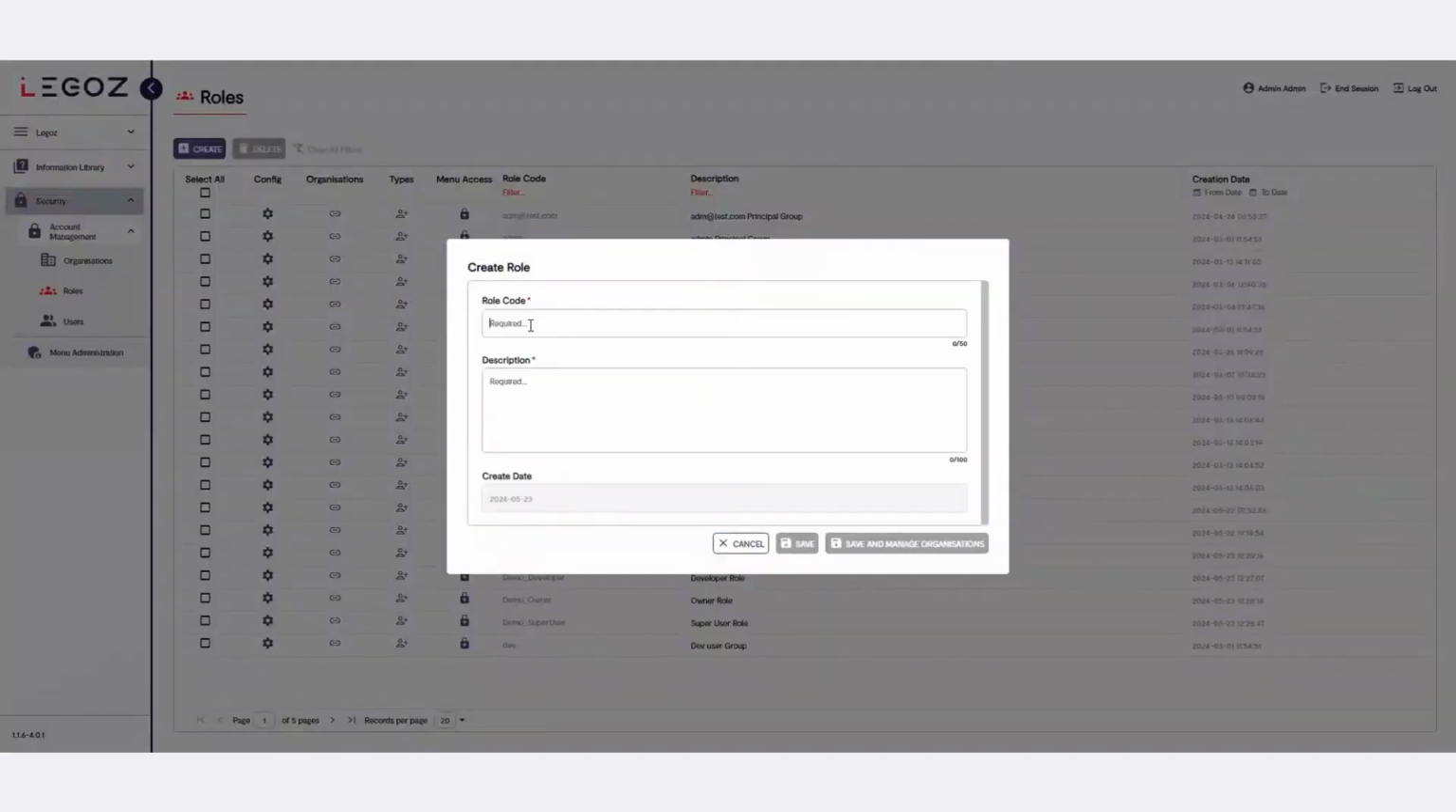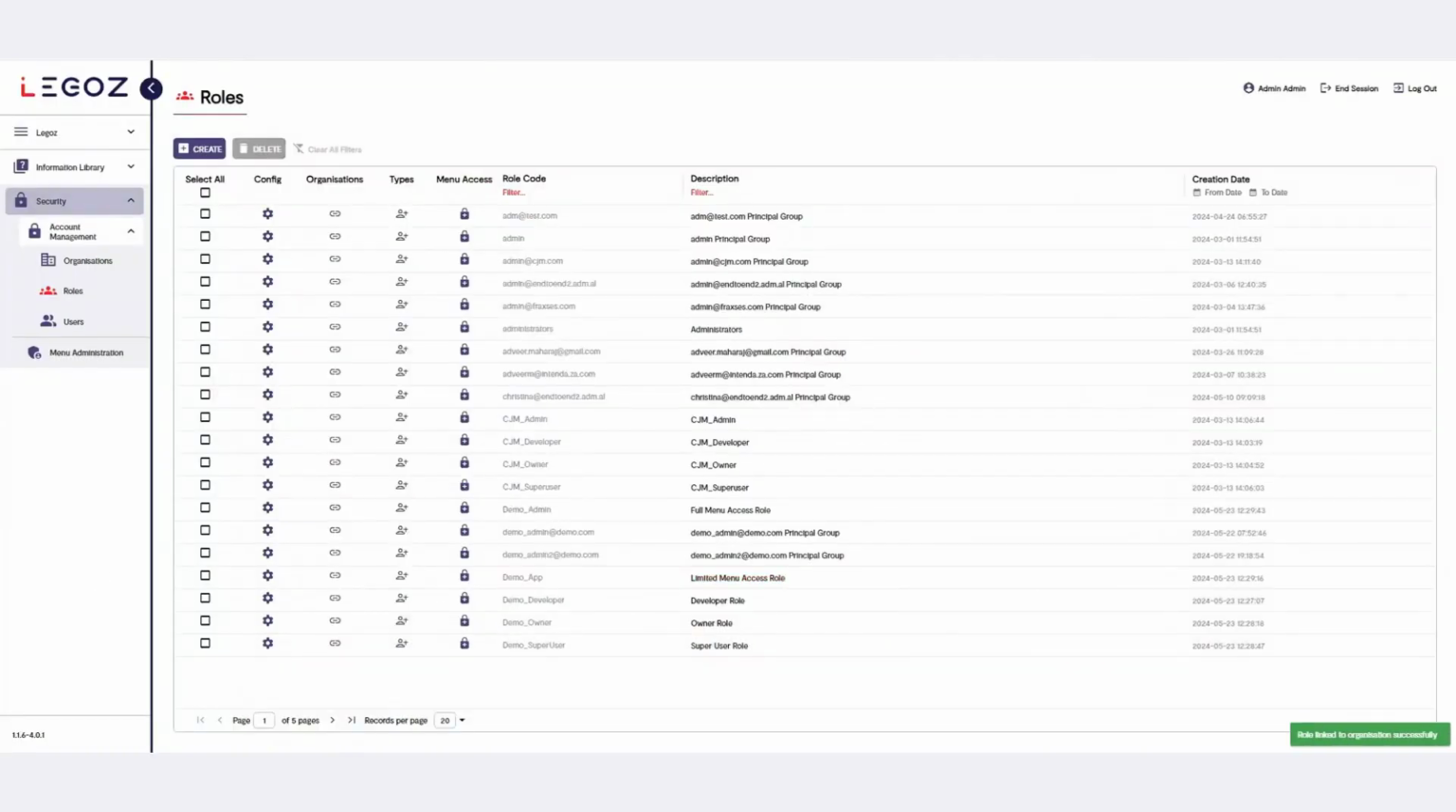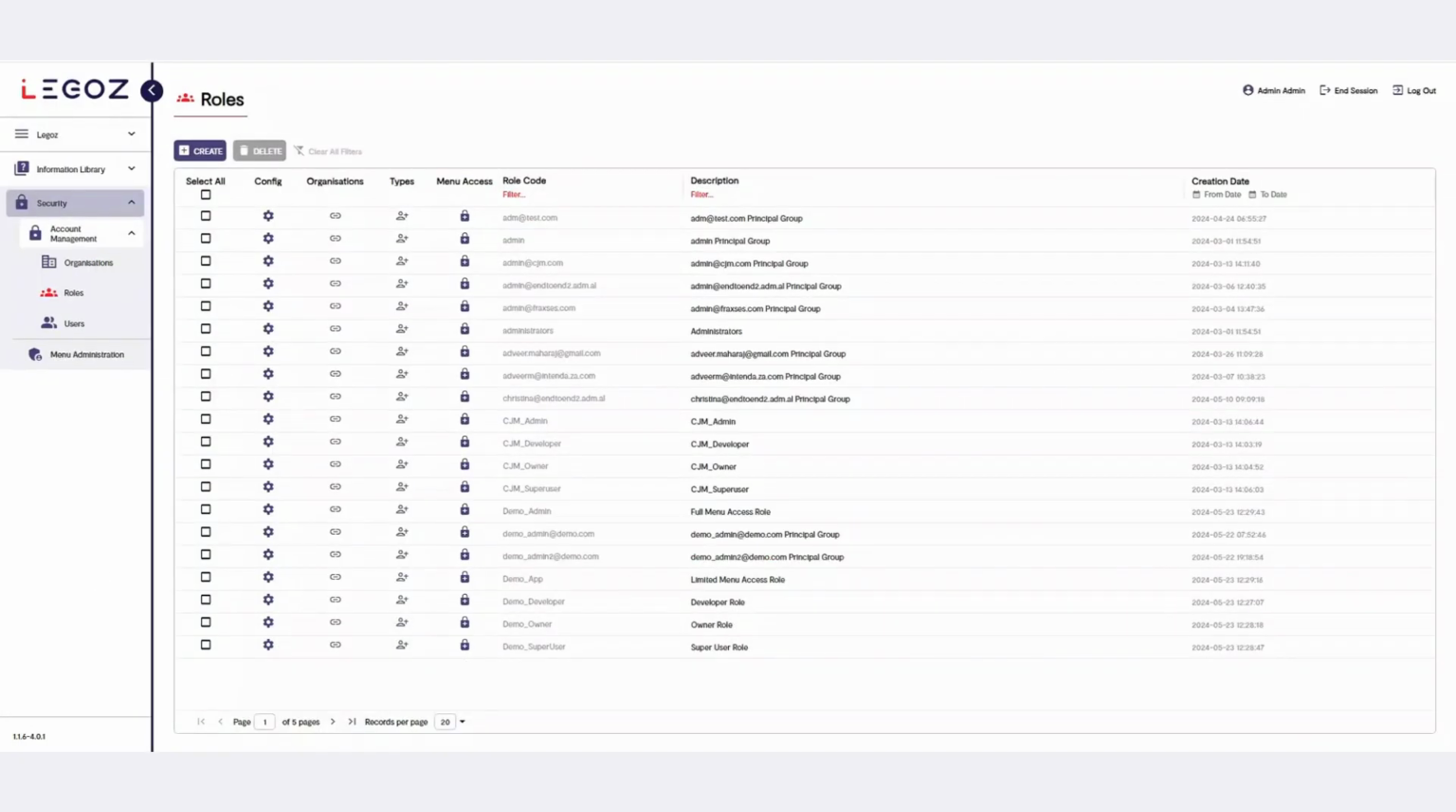Click the Create button. Enter demo_admin as the unique role code and full menu access role as the description. Click the Save and Manage Organizations button. Link the demo org to the demo admin role. Click the Save button. Now that you've created all of the roles required for this demonstration, let's assign role types